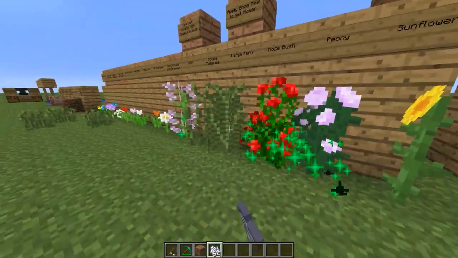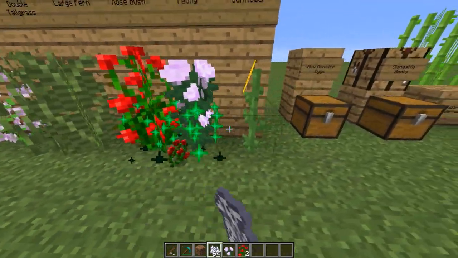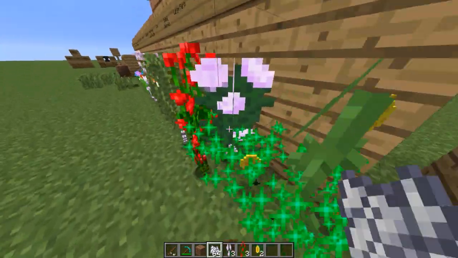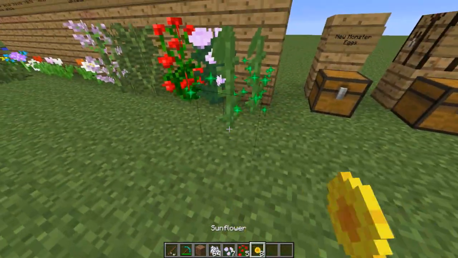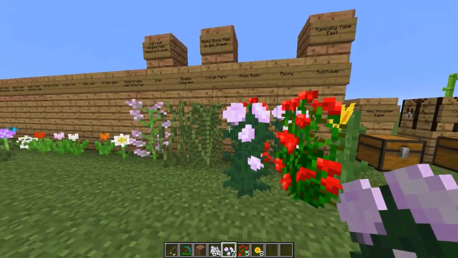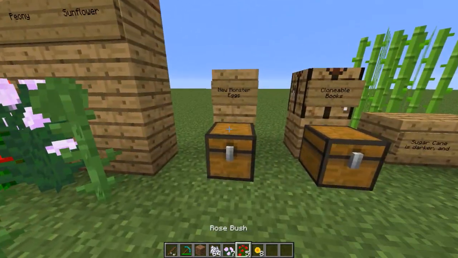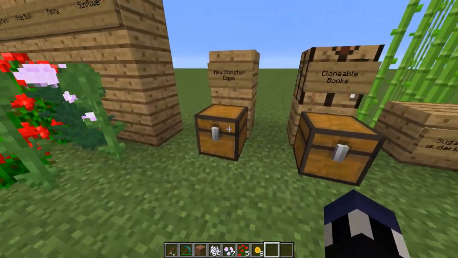But these ones, if you apply the bone meal to them, I think with the exception of the tall grasses here, it'll actually give you the flowers. So you can apply bone meal and get tons of them and plant them, and it's awesome. And yeah, they will automatically plant double high. And if you destroy, yeah, there we go. Sweet deal. All right, so moving on here,